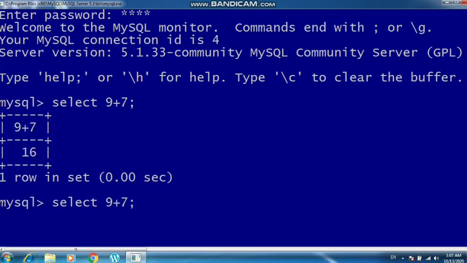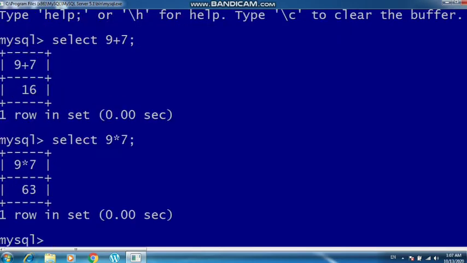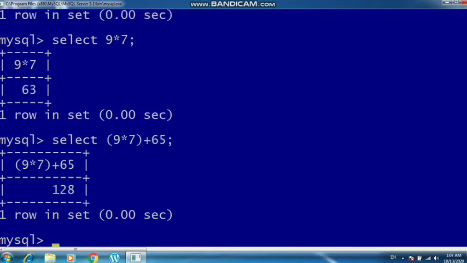You can see, if you want you can perform multiplication and division as well. For that you just need to change the sign. It will give you the output. Now as we know how we can solve the expression in MySQL, you can perform as long an expression as you want. You can take the help of brackets as well, followed by different signs. You can see here that you get the output. So like this we can do.